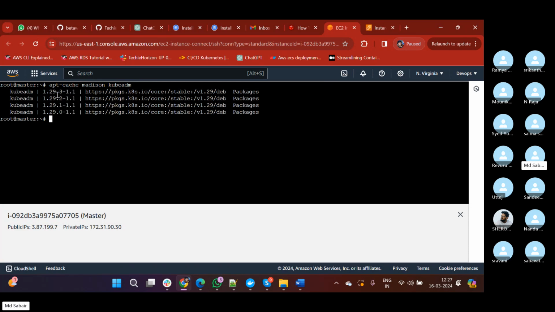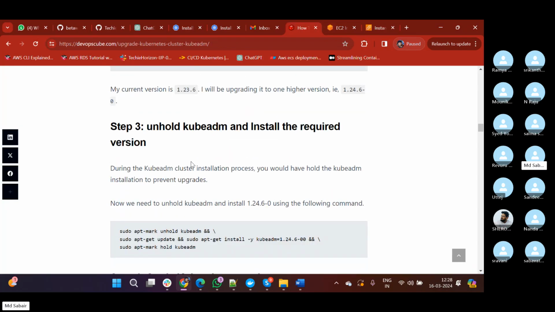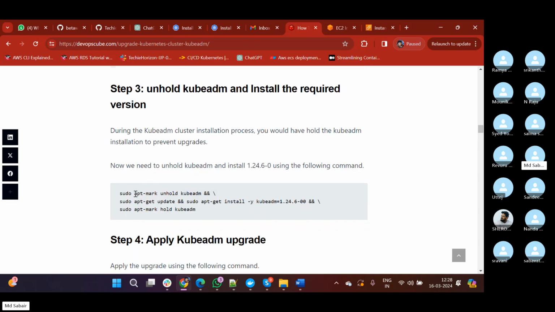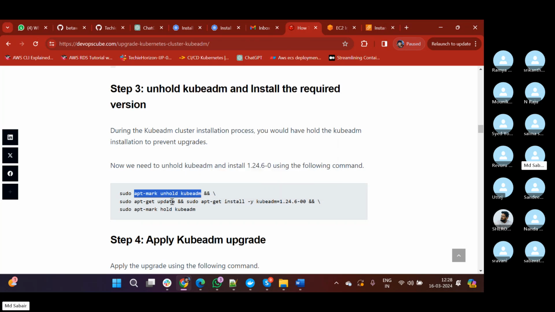So now it is asking us which version you want to use or upgrade. I want to upgrade to 1.29.2 or 1.29.1 or 1.29.0, so whichever version you want to upgrade to, we can select. Clear? Once this is done, I am using the command apt-mark unhold kubeadm. This command makes sure that your kubeadm is not updated unnecessarily. This will be